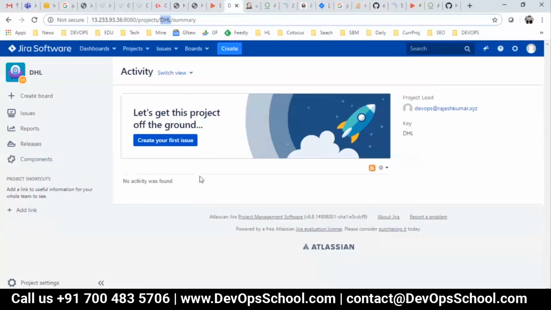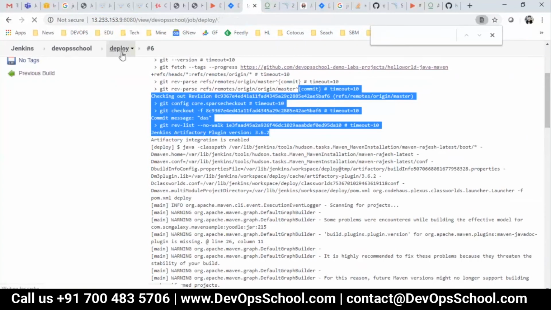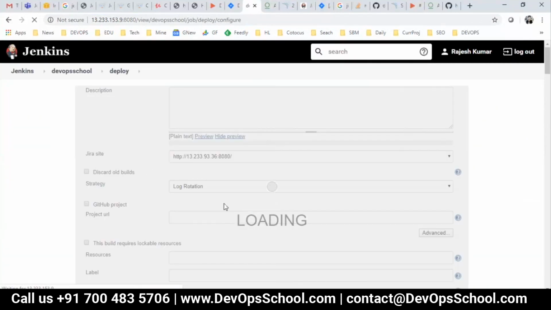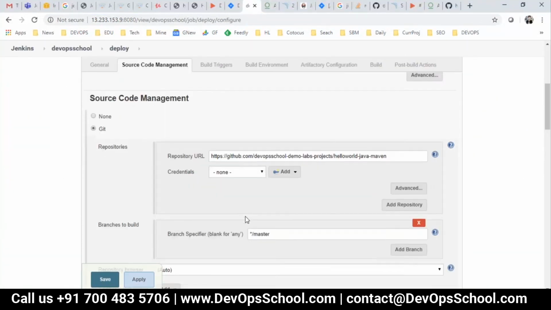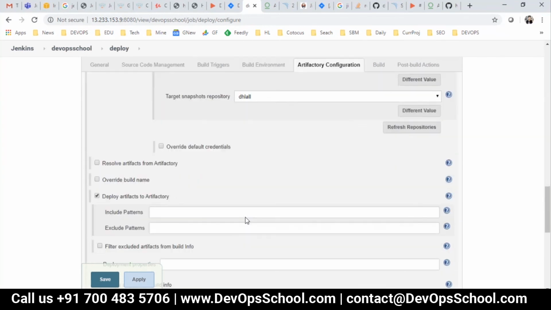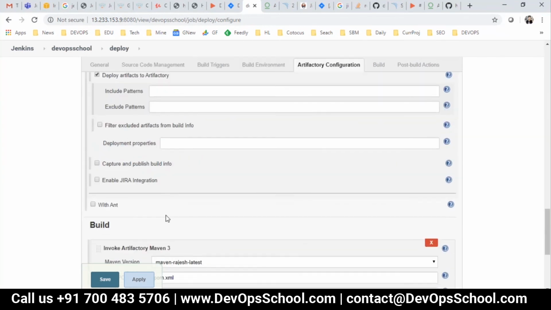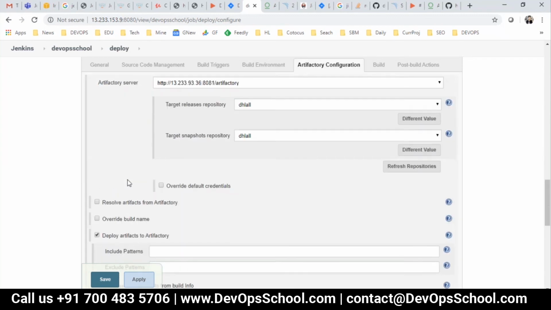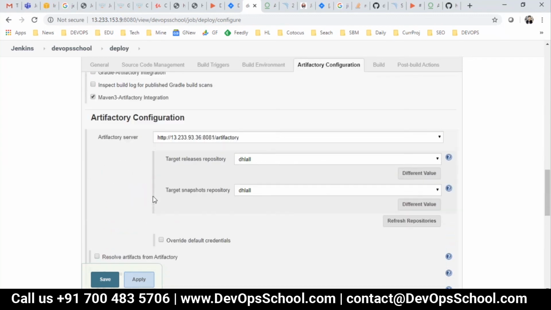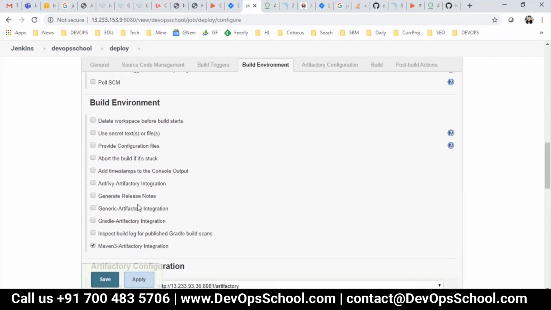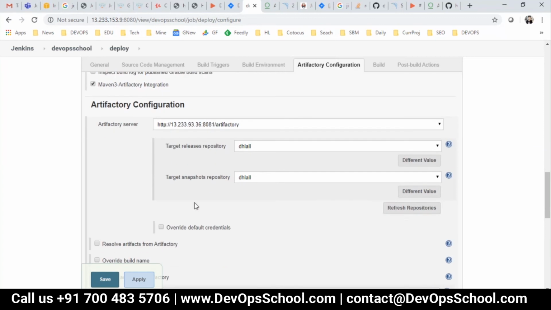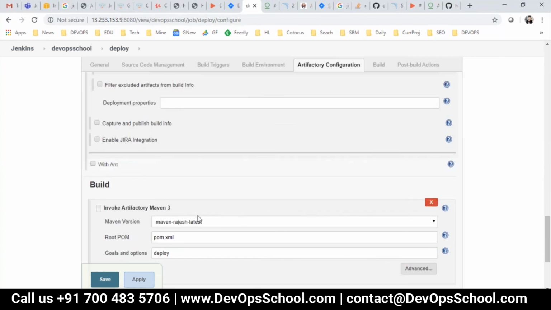Okay, so if it is not, then there's a configure. User ID and password is not passing. That's a problem.